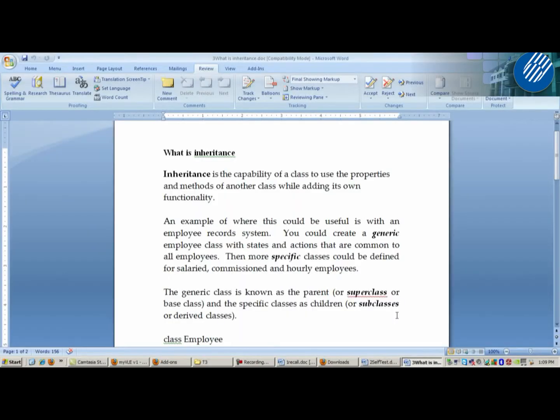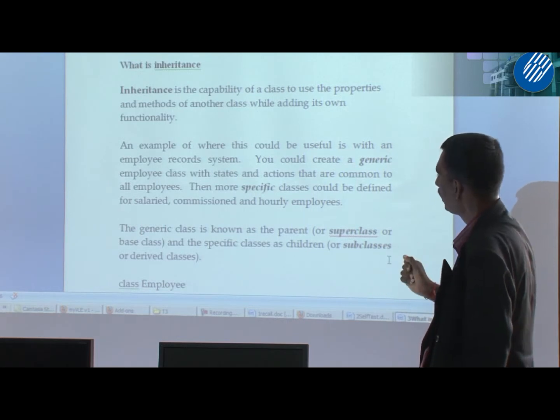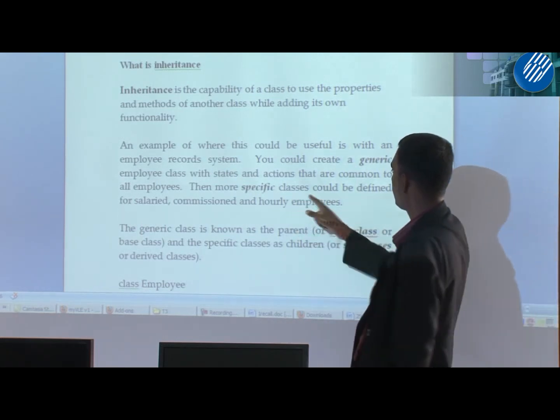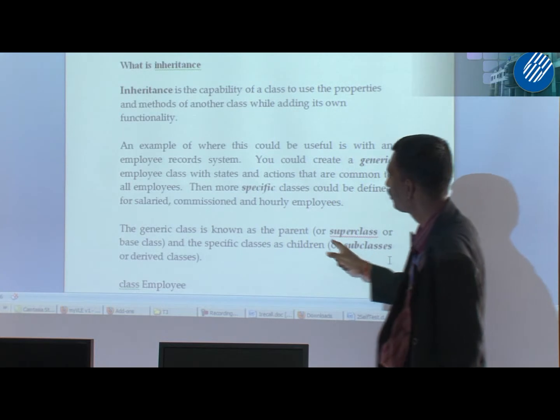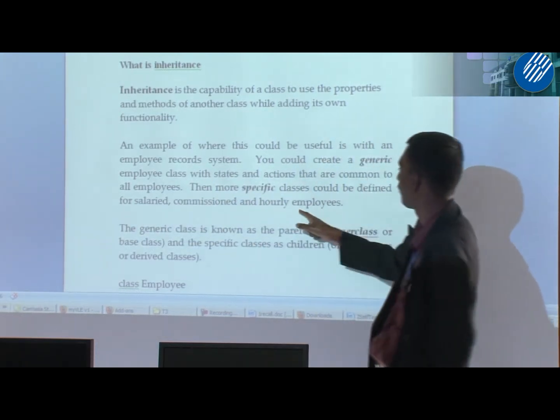Another example is an employee record system. You could create a generic Employee class with attributes and actions that are common to all employees. You have one Employee class with methods and attributes. Then more specific classes can be defined for salaried, commission, and hourly employees, or maybe part-time workers.